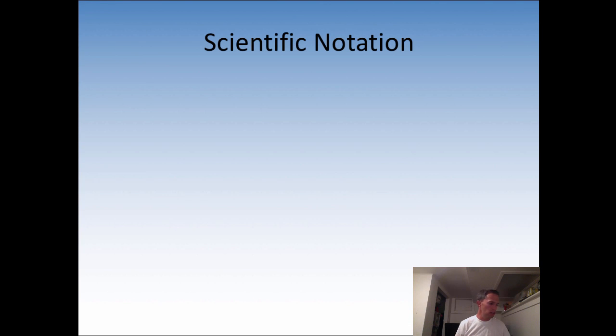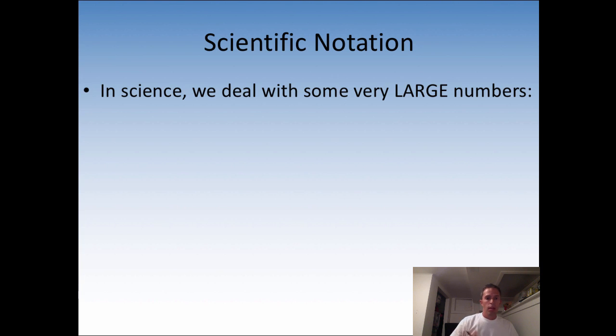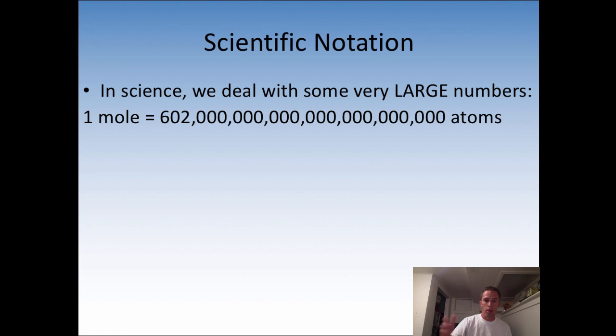Okay, now let's learn another skill that's very important in chemistry. It's called scientific notation. In science, we deal with some very large numbers. For example, we'll talk about moles later on in chemistry, but 1 mole of a substance would represent this many